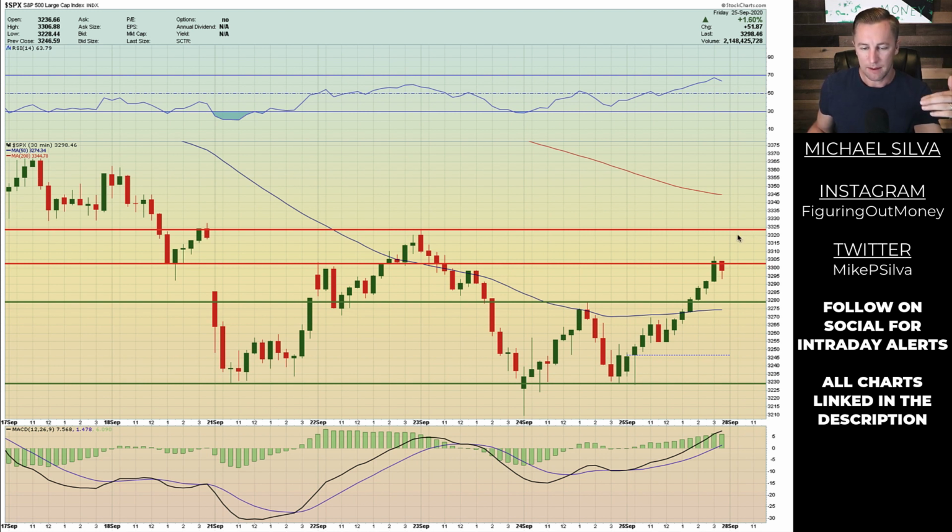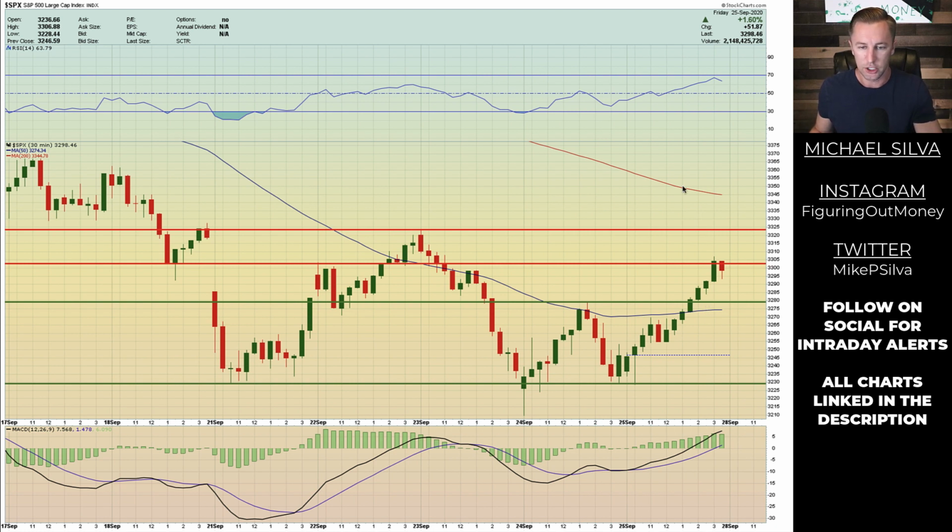And as time progresses, this 200 period moving average, you're going to see it go lower, and you're going to see the 50 period go up. So there's going to be a time potentially where you have the 50 or the price pinned tighter and tighter between the 50 and the 200, and that coil could represent a big move in either direction.